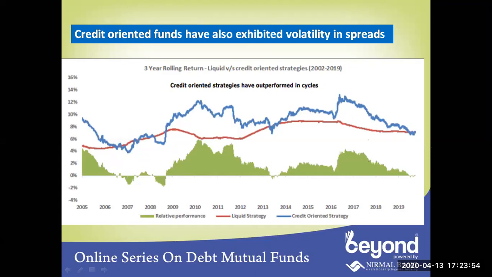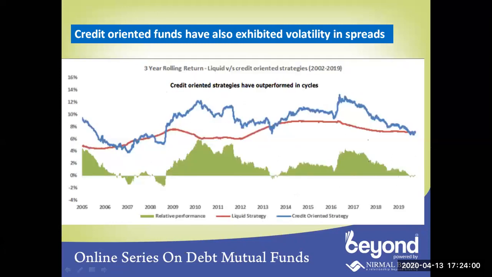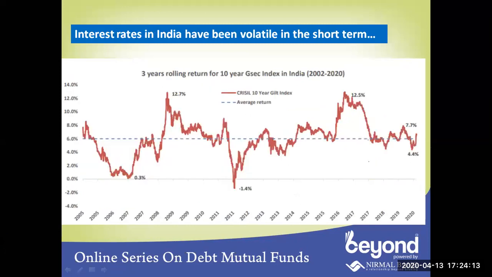So that is what these two strategies show. If you see here, such a volatile interest rate scenario, and such volatile credit risk as well. If we look at the volatility in equities, we are seeing an 8,500 crores plus SIP book. So it might not be a very bad idea to do SIPs in debt mutual funds as well.